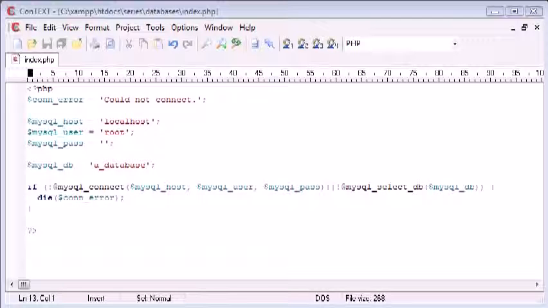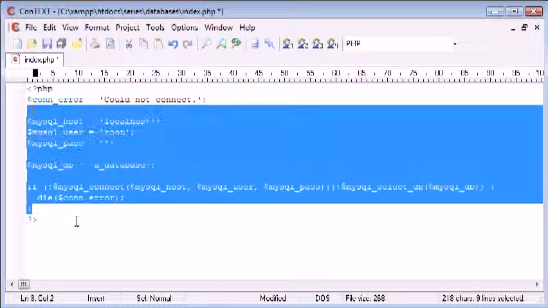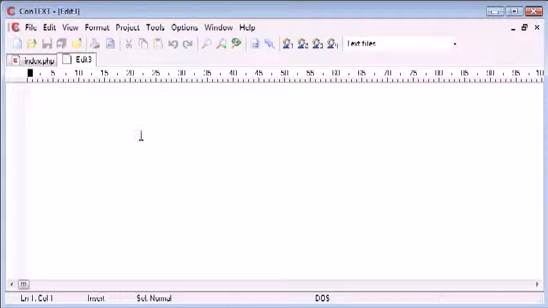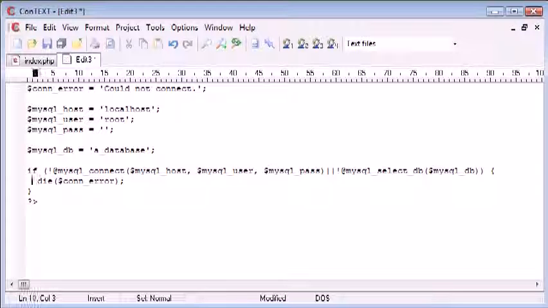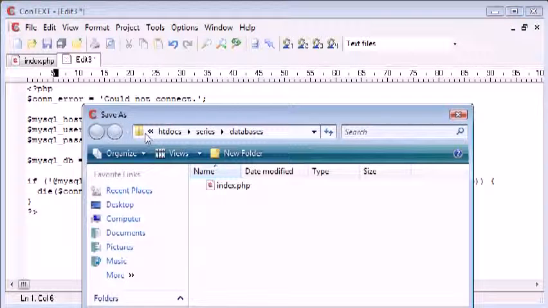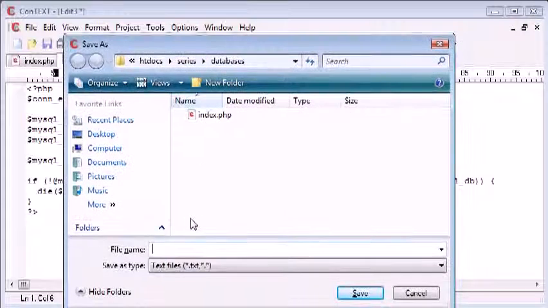Now, in the past tutorial, we've already looked at connecting to our database. To make this a lot more efficient so we can include it where we require it, I'm just going to get rid of everything in our index.php file, and I'm going to create a new file. Make sure this is enclosed in PHP tags. And the reason I'm doing this is I'm now going to save it as